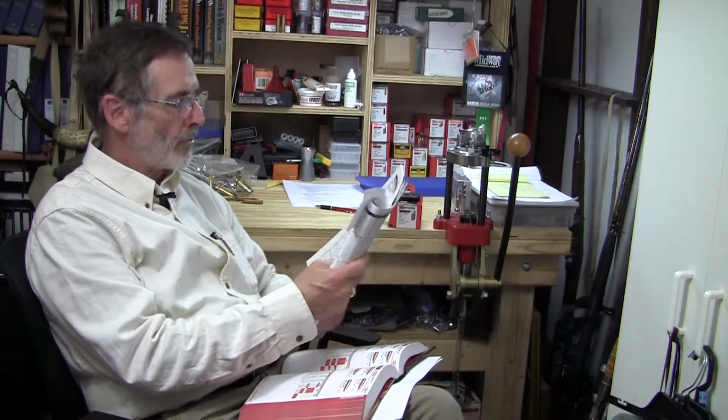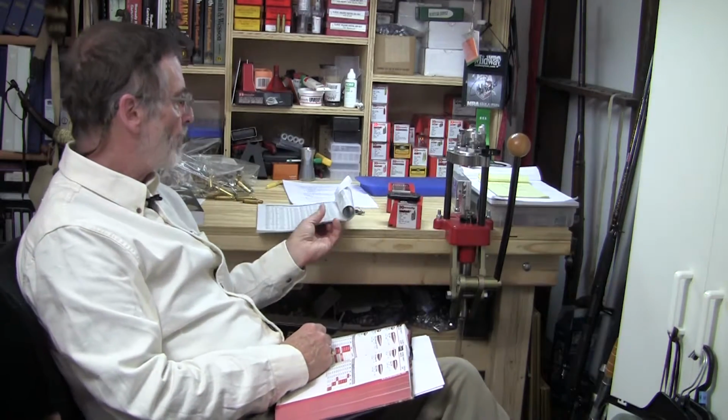So now we're going to look at the Hodgdon manual, which is my go-to powder manufacturer, and I can't find this boat tail spire point, but I can find the 165 grain spire point, which does not have the boat tail. It has a flat base on it, but because I can rely on both of those bullets in this manual using the same data, I can safely compare this data with the data in the Hodgdon manual. Now, Hornady